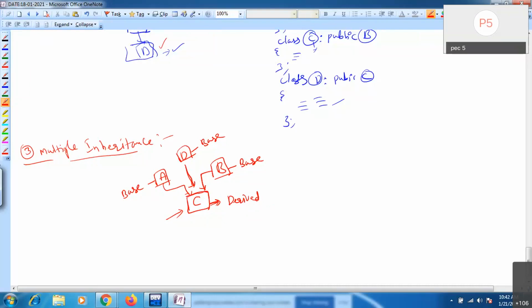Now the syntax for this multiple inheritance. First you have class A. Here I will write this is class A, one base class. You have one more class, class B. Actually here we need to write as per our course syntax, but here I'm just writing.